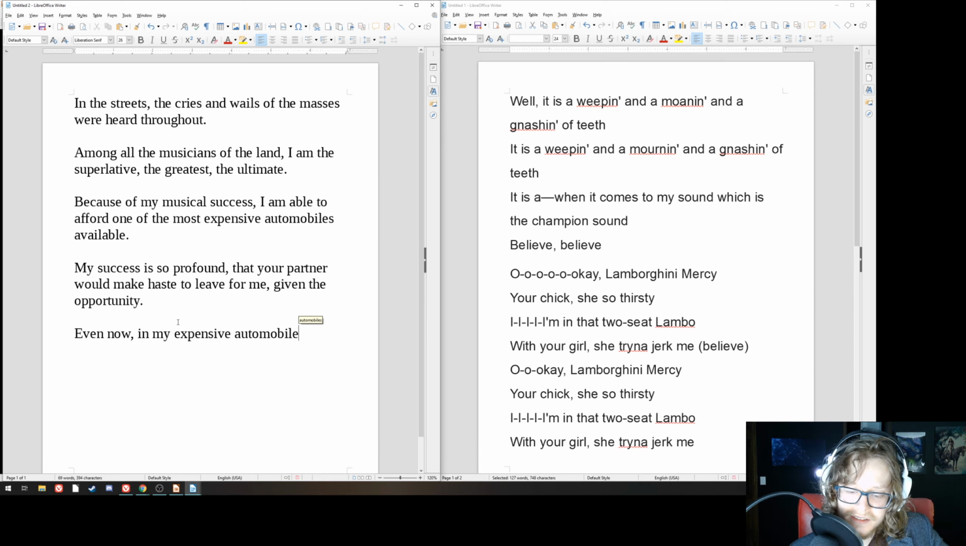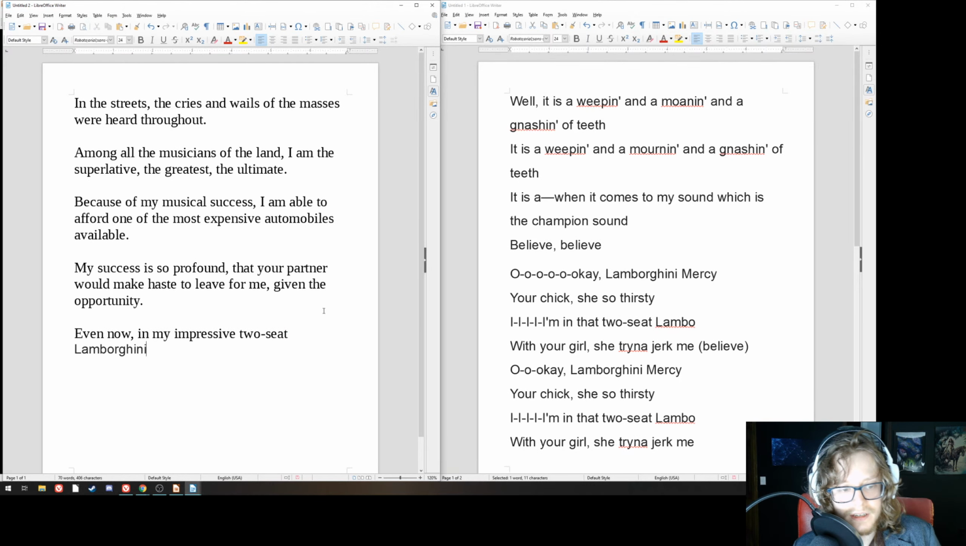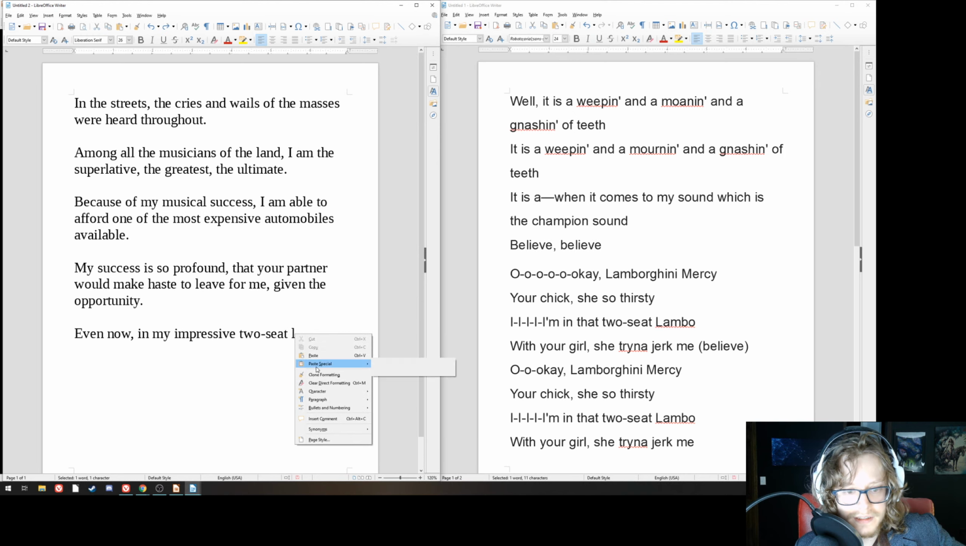Again, you've translated it literally, okay, but you haven't actually converted the plain English meaning into a formal English expression. So in your conversion, you have lost the meaning, which is that you could pull their partner away if you so desired, due to your impressive two-seat Lamborghini. Even now, in my impressive two-seat, I'm just going to call it a two-seat Lamborghini. Even now, in my impressive two-seat Lamborghini,